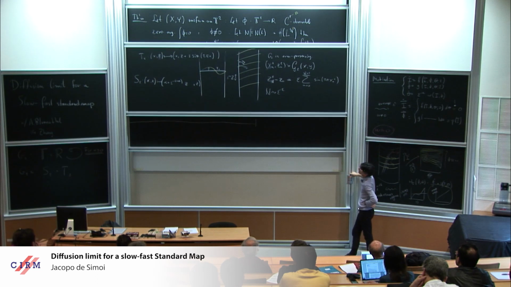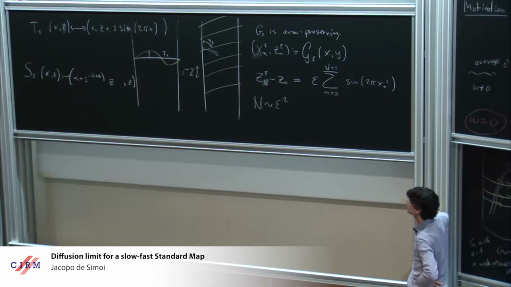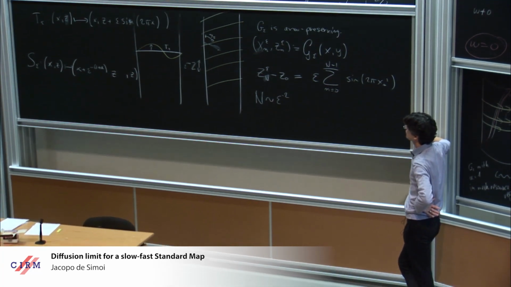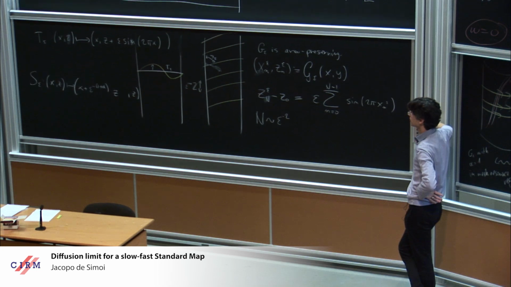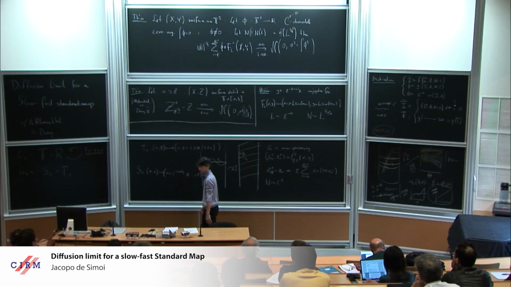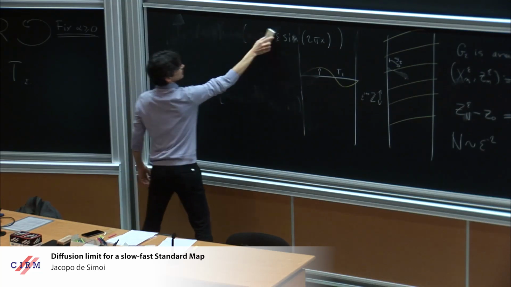So the proof of these results is, of course, a blend of dynamical and probabilistic techniques. And you can put your dividing line wherever you like most. It's actually not that well defined where the dynamics ends and where the probability starts. So I will try to do that in a very artificial way, but